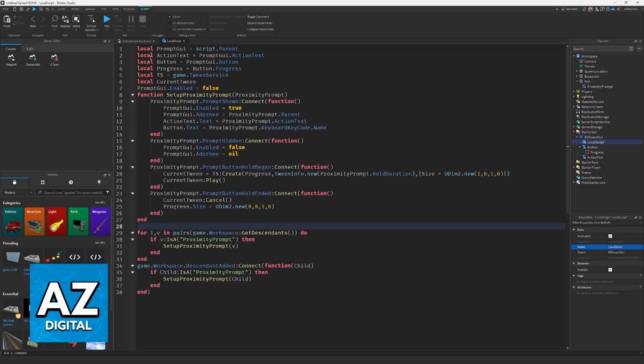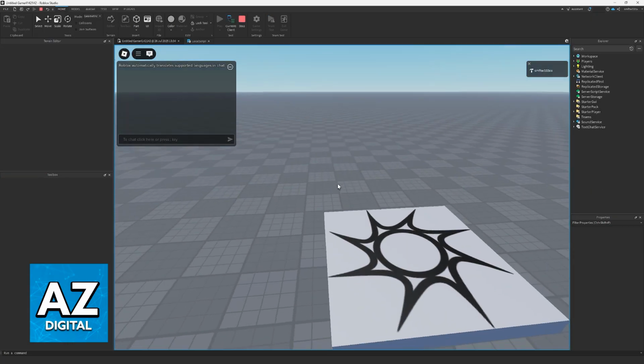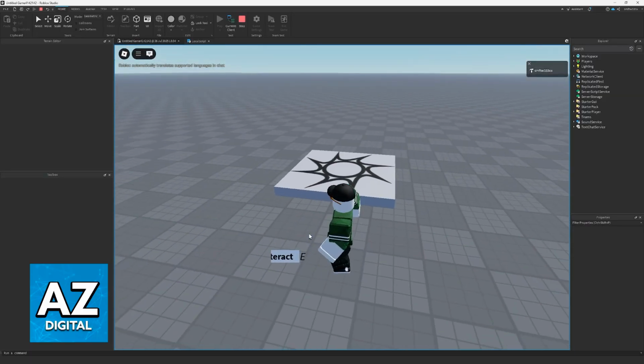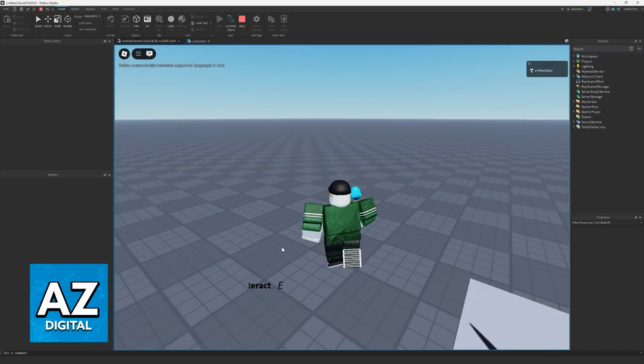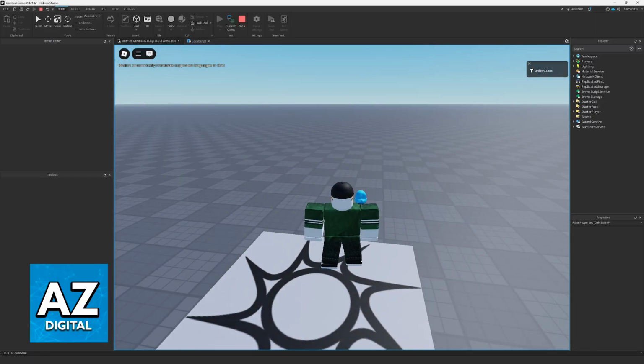Credits to whoever made it. Once you have this script ready, you can go ahead, choose the option to play, and once you go close to that specific part that you've made, you will see the prompt appear. So I apologize if this video was not perfect and you don't get the desired results, but for a video of this length, it is very difficult to cover everything there is to know about custom prompts.